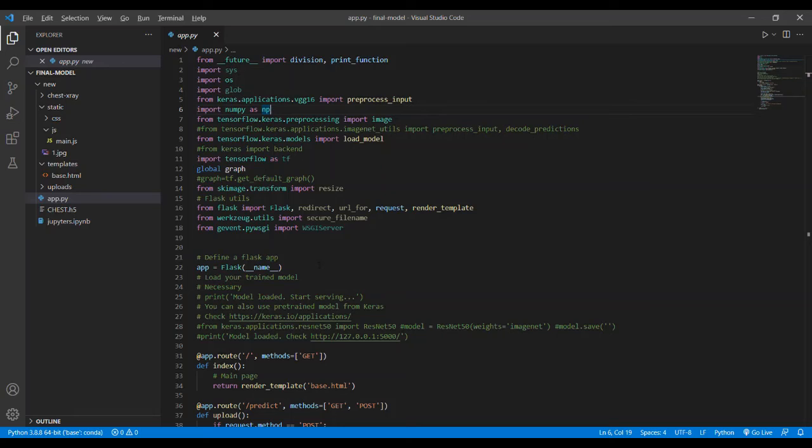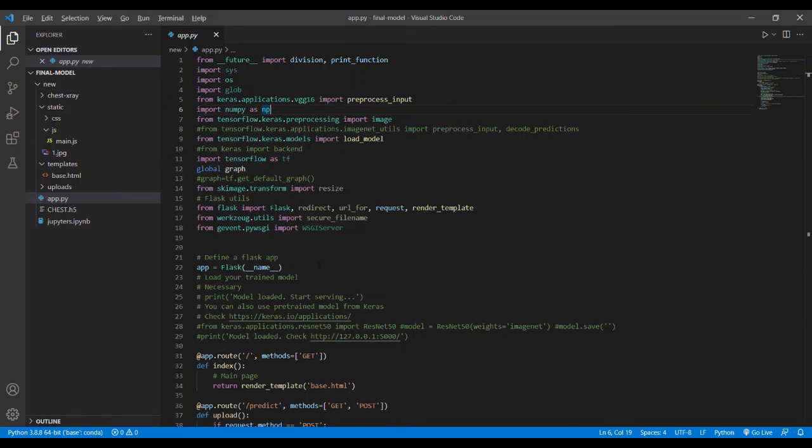As my friend explained about the CSS part, my name is Naimsha. I am here to explain about the Flask application. Flask is a web framework for building web applications. Flask provides tools, libraries and technologies. Flask is used for the backend.